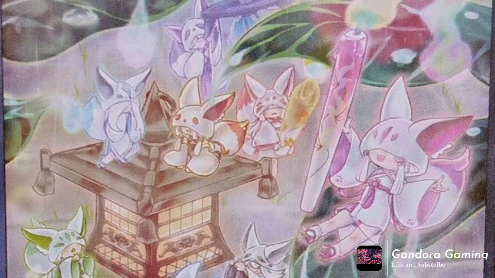It's a Fire Warrior. Level 3, 200 attack, 1900 defense. I can't pronounce this thing. This thing's like gibberish. You can only use the second effect of this card once per turn. First effect, all face-up monsters on the field become FIRE. That's pretty sick. If you have Gozen Match on the field and this thing's on the field, they're stuck in the